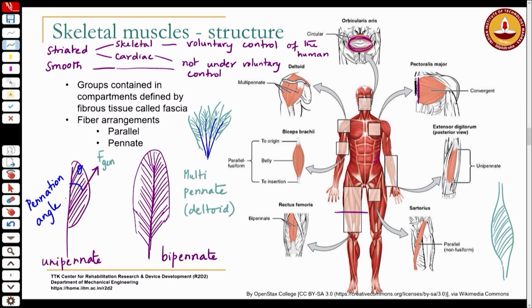And the actual force that is transmitted will be whatever is generated times cos theta. We will continue with a little bit more discussion on the pennate muscles in the next class,